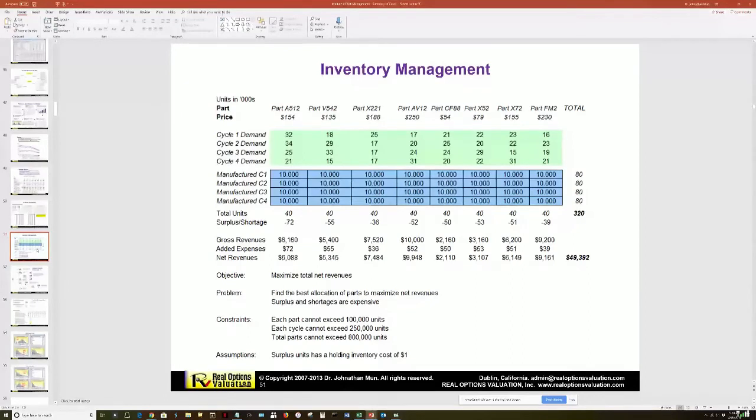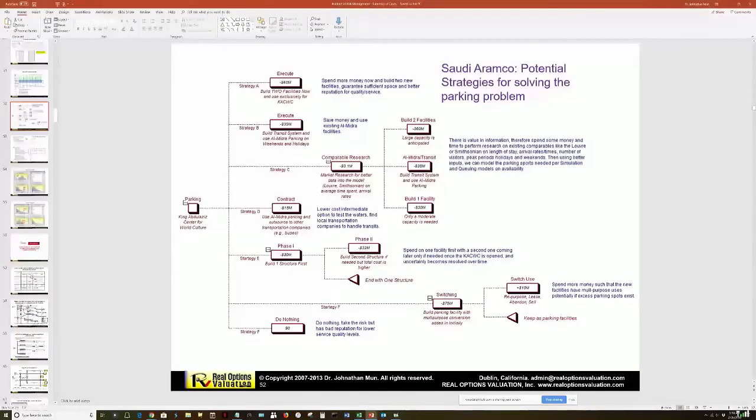If you over manufacture something, guess what? You have holding costs, you have cost of obsolescence, the technology becomes obsolete, nobody uses it. You have holding costs, inventory costs, and potentially loss of sales. You could have made B more, and there's not enough of B, there's too much demand, and you made way too much A. So how do you balance the manufacturing across these things? You can even do it for things like parking spots.